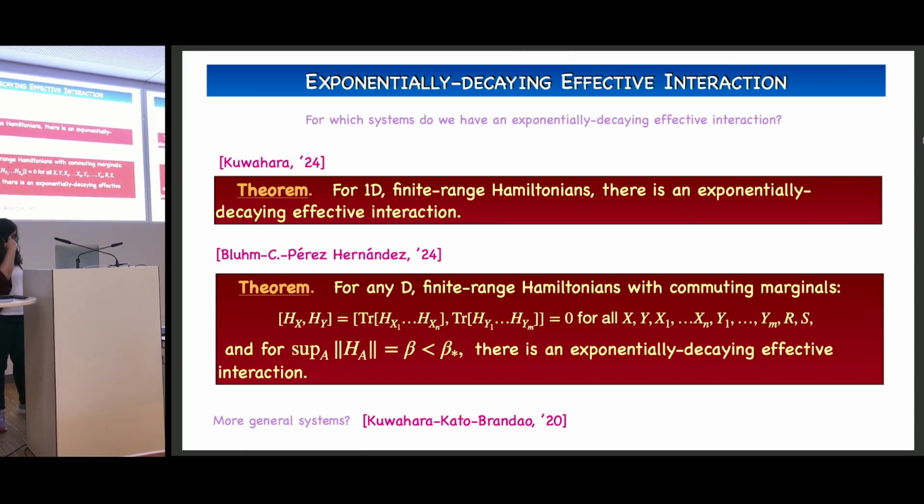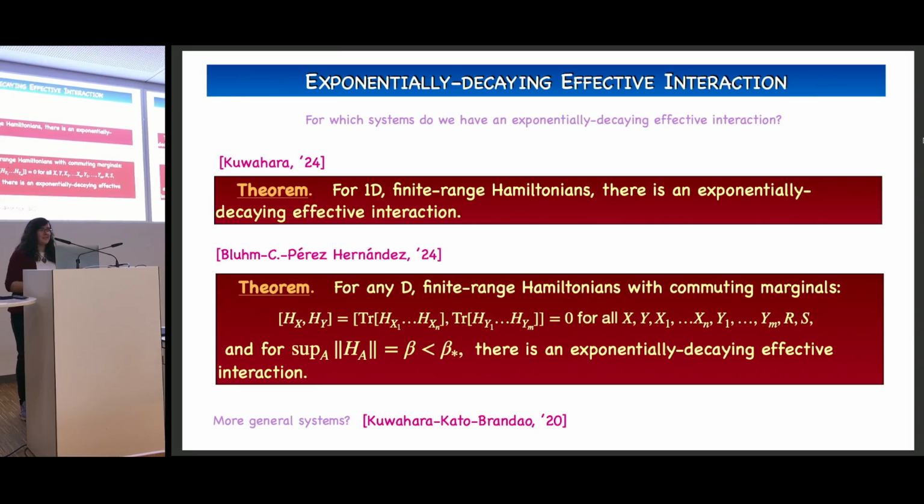And, well, up to 2020, it was believed to be the case. So in this paper, it seemed that it was proven that this result here could be extended to any dimension finite range Hamiltonians at high enough temperature without this commuting condition. However, there's a flaw in the paper, and up to now, no one has managed to solve it, which was part of the reason that we proved this.